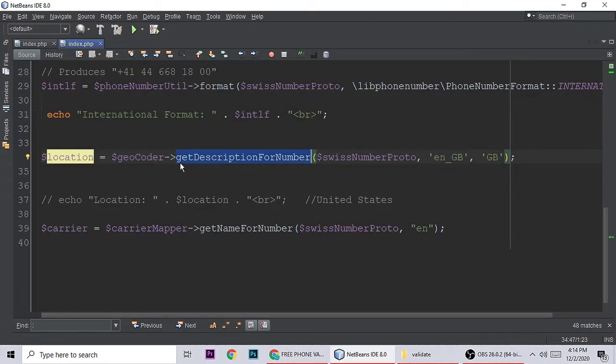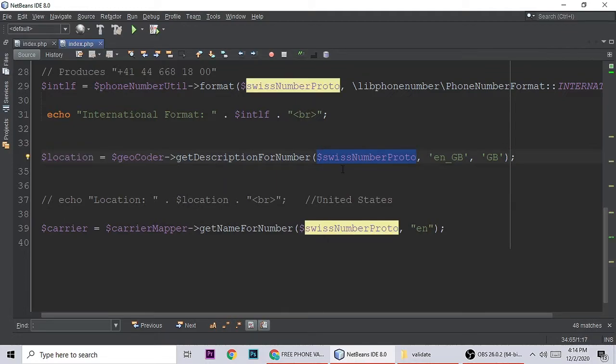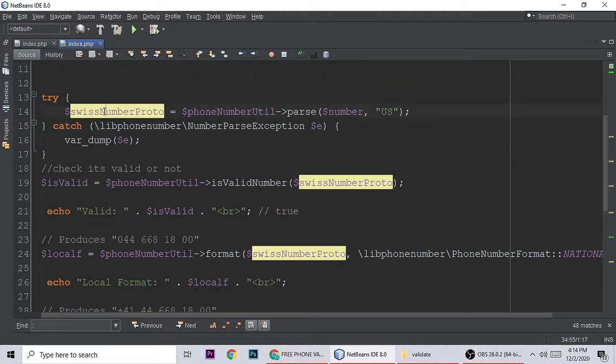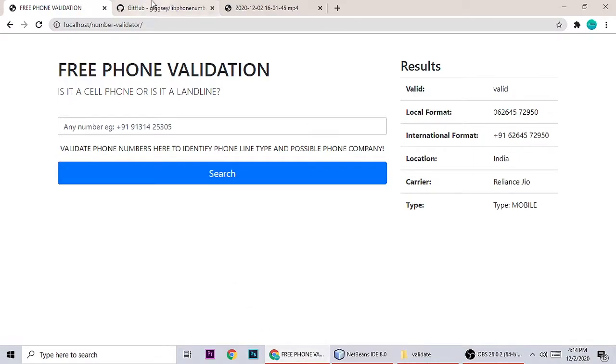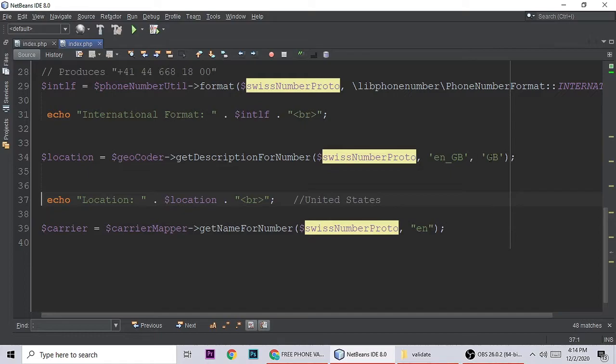And description for number, and Swiss number is the object of our numbers, and we'll take three parameters, here with GB, English. If you want to know more about this, you can come here and get more info for parsing and for other countries. But this one works globally, right, in English format.